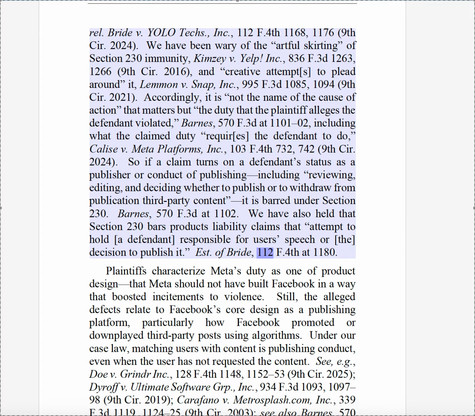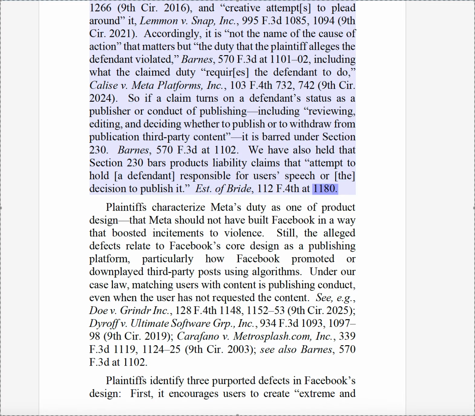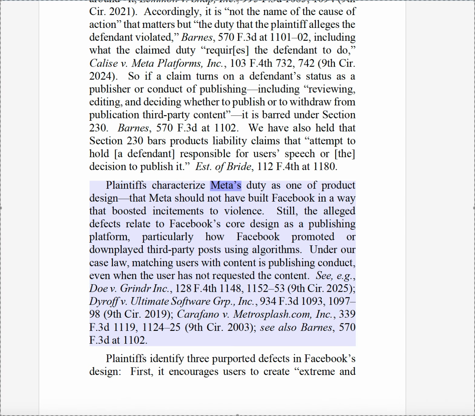Estate of Bride, 112 F.4th at 1180. Plaintiffs characterize Meta's duty as one of product design, that Meta should not have built Facebook in a way that boosted incitements to violence. Still, the alleged defects relate to Facebook's core design as a publishing platform, particularly how Facebook promotes